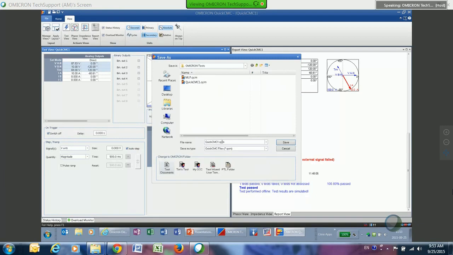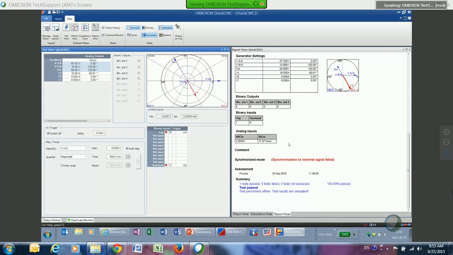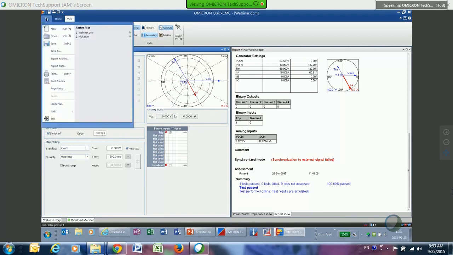Let's say that my voltages and currents, this is what I wanted to save, and this is a generic report that I would like to use many different times. I could come up and do File, and do a save, and this would save it as, it's got a default name here of Quick CMC, but let's just say that we called it webinar just for what we're doing here today. And it puts an extension of .qcm, which is Quick CMC module. And now if I hit save,